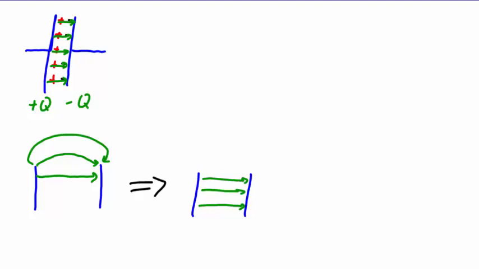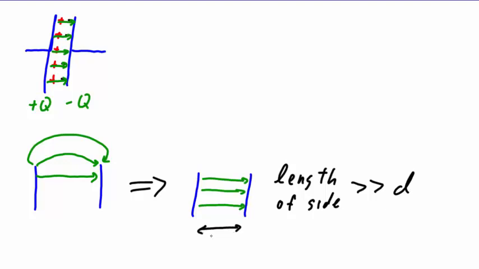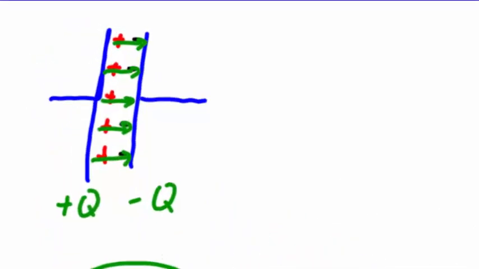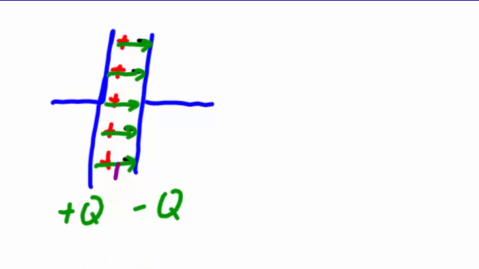This approximation is of course not exactly true, but it is true whenever the length of either side of the capacitor plate itself is much, much larger than the distance d that separates the two plates. Once we've accepted this approximation, we then find that the parallel plate capacitor is the easiest Gauss law problem that exists in nature. Let's begin with our solution, and as always, we will draw a Gaussian surface